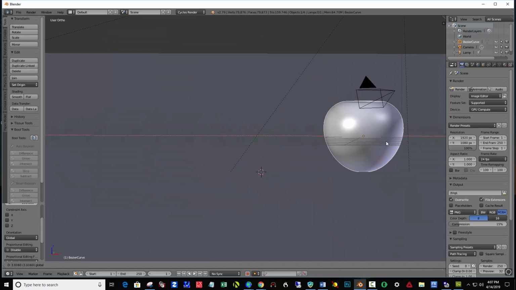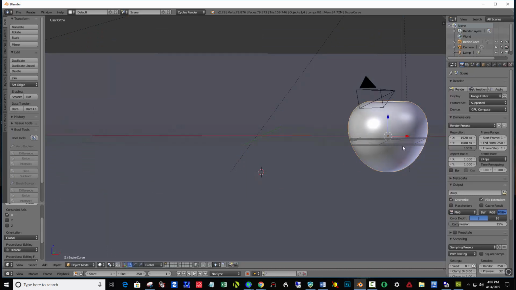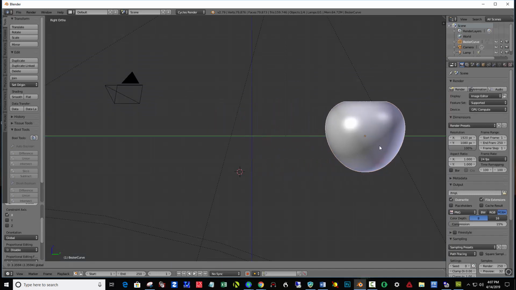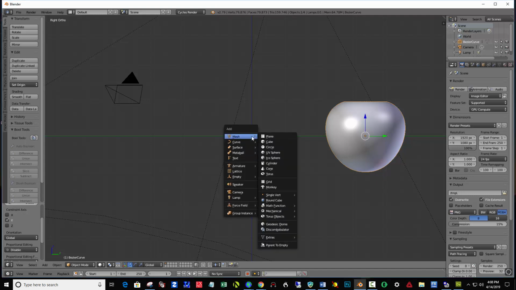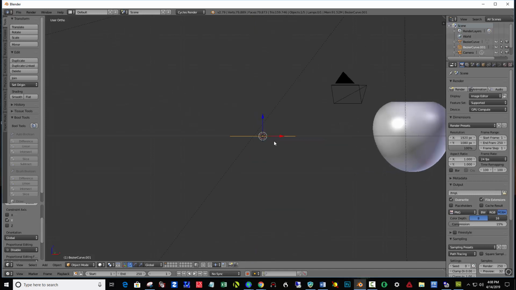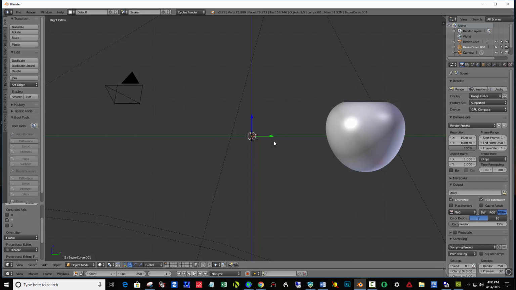We still want our z-axis, so I'm going to move this guy over here and go back to number 3, and left click your 3D cursor, check it with number 1, number 3 to make sure it's in the middle, and then Shift A. Curve, Bezier, and check it from number 1, yep, and we're going to rotate that again. So R, Y, 90, enter,